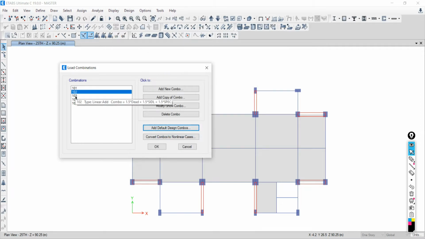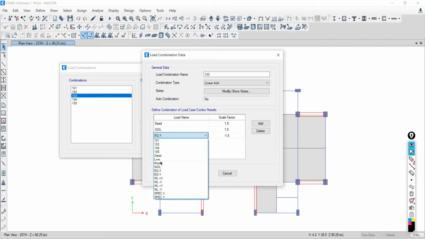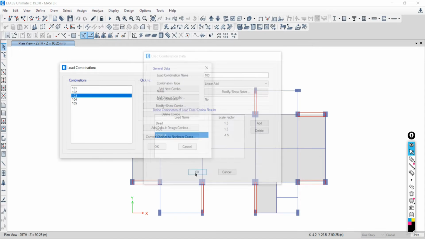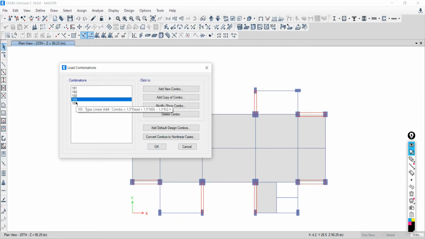Here it will be Spec X, and then Spec Y. Okay.